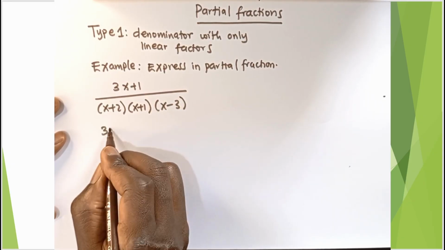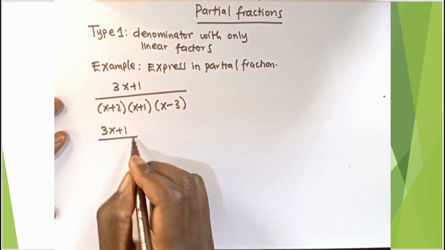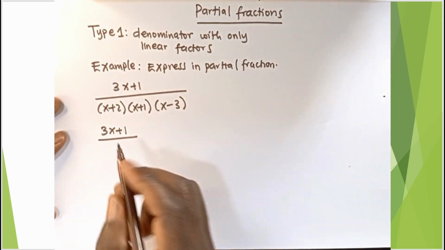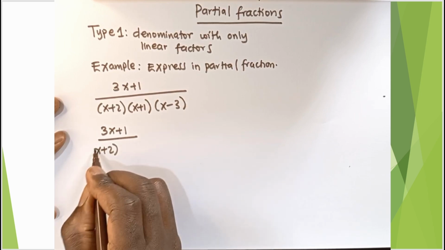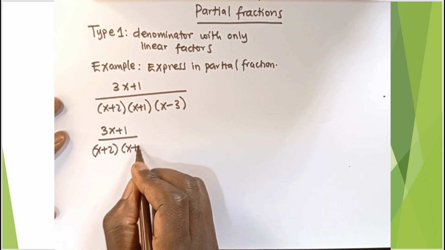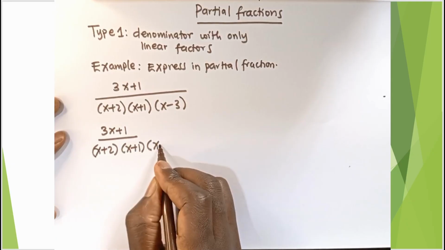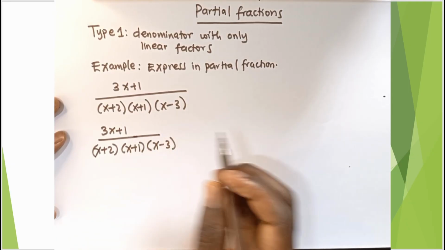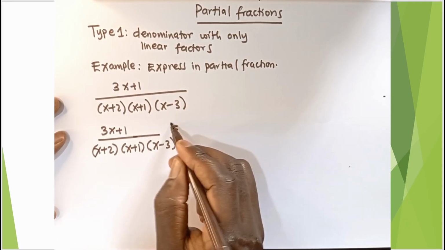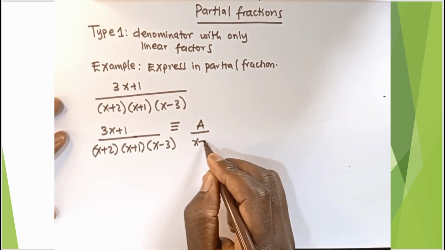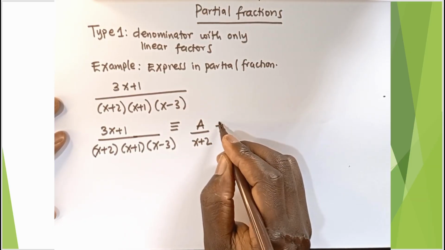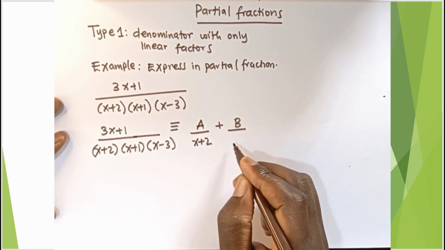You say it is 3x plus 1 out of, in this example, x plus 2 into x plus 1 into x minus 3. So we split it and say it's identically equal to A out of x plus 2 plus B out of